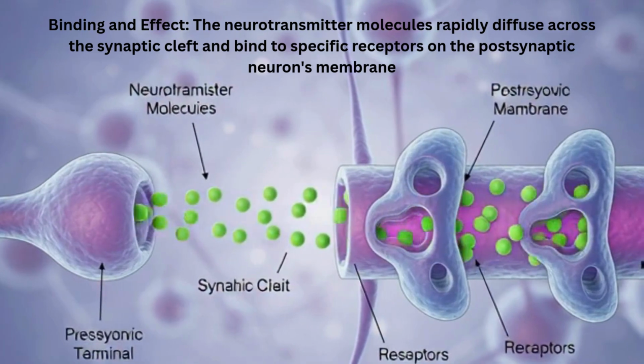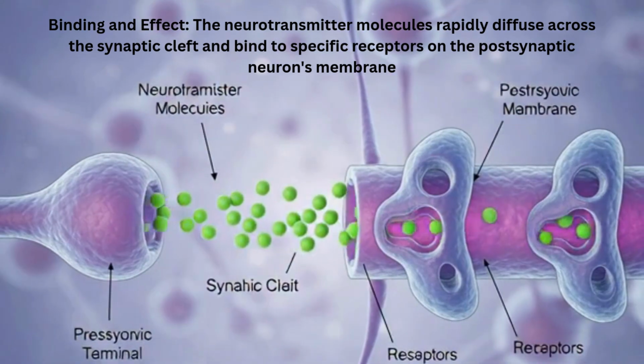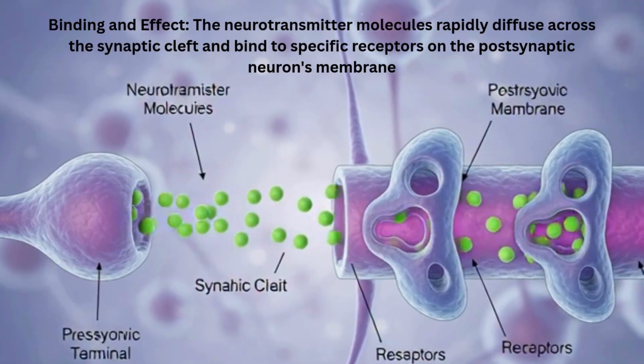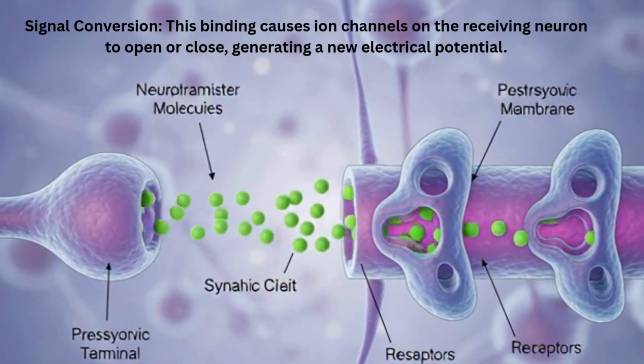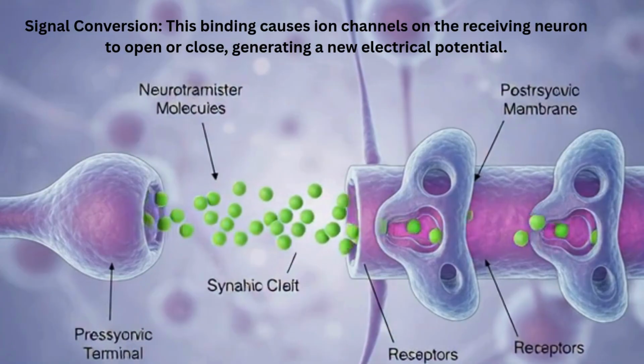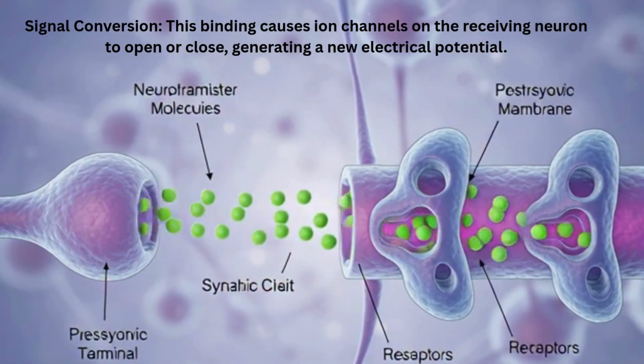Binding and effect. The neurotransmitter molecules rapidly diffuse across the synaptic cleft and bind to specific receptors on the postsynaptic neuron's membrane. Signal conversion. This binding causes ion channels on the receiving neuron to open or close, generating a new